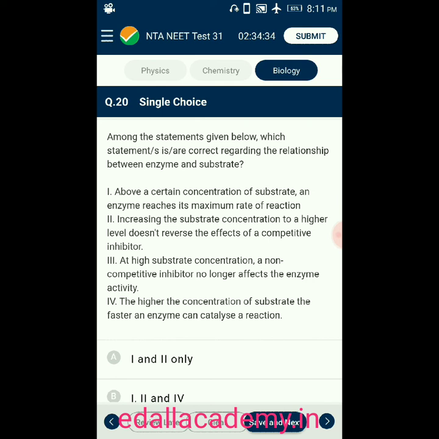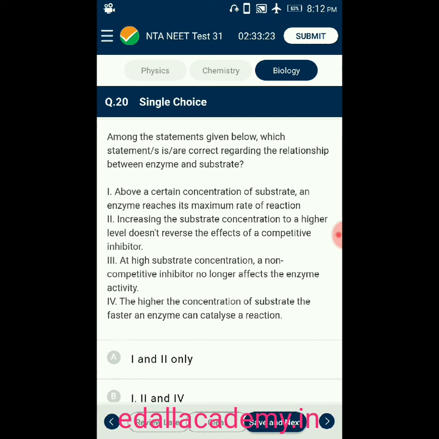Substrate concentration is a factor that plays a role in enzyme activity. The more the substrate concentration, the more the enzyme activity, till it reaches saturation, where even increasing the substrate will not increase the activity. Statement 1 agrees with it, but statement 4 is incomplete. Statement 3 is stating the presence of a non-competitive inhibitor, which binds to a separate site on the enzyme than the substrate and alters the active site of the enzyme. Thus, even if substrate concentration is increased, it will not lead to any change.